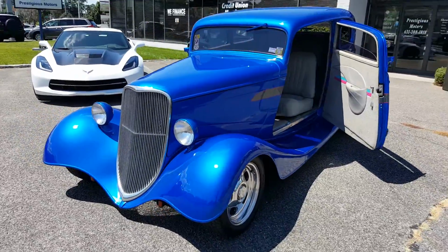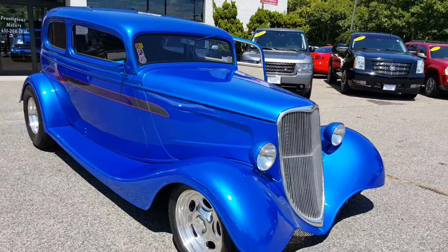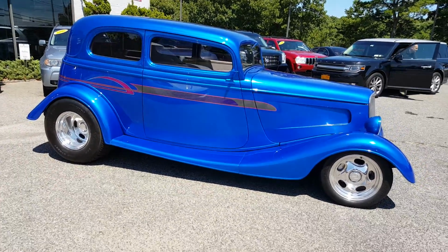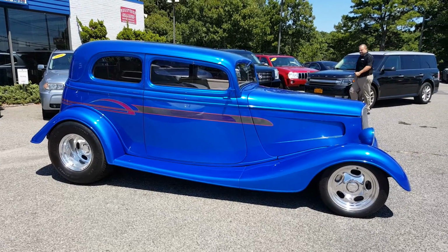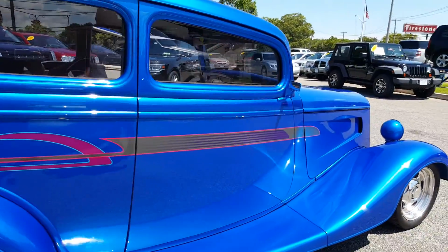So what do we got under the hood? A 383 with a dual quad setup, tunnel ram, makes approximately 500 plus horsepower. A 3-speed Turbo 350 with a mild converter. A Ford 9-inch posi with 373 gears, so you can drive it on the street and not worry about it. Front and rear disc brakes,